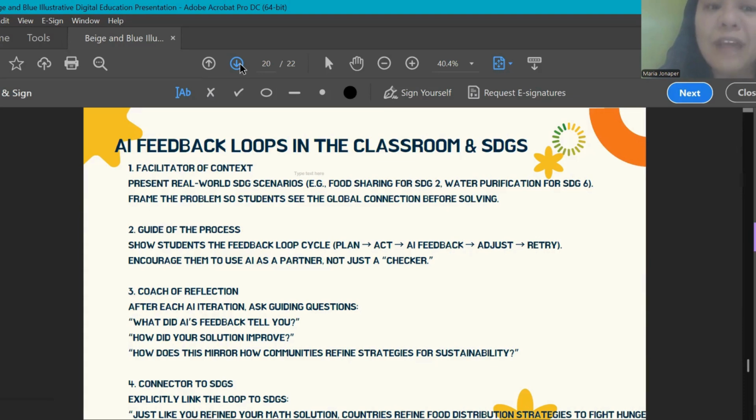After that, you will become the connector to the SDGs. After the series of feedback loops, that's the time you end the activity by refining